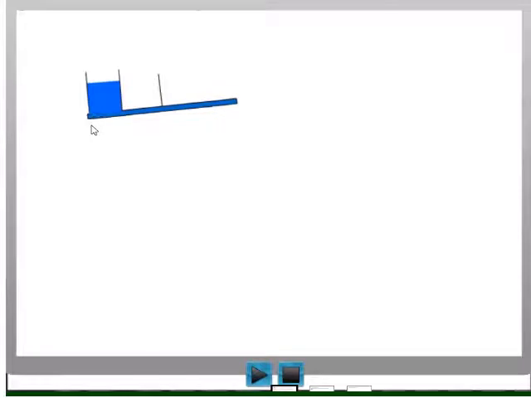See, after keeping the water pot, again I kept a mass to bring the equilibrium, then I immersed this object, then equilibrium got disturbed. Again I have to put a weight of mass 55 gram on the other side in order to set up the equilibrium. So this is our problem, and what they are asking us is to find out the volume of the immersed object.